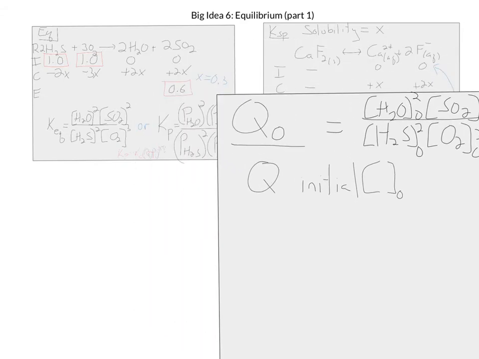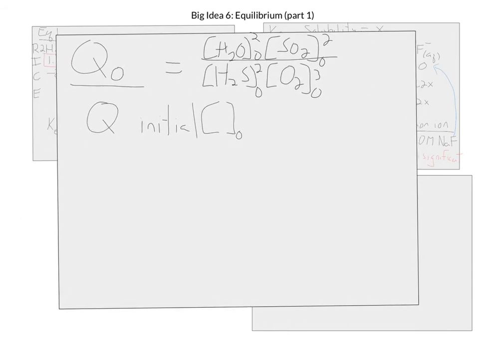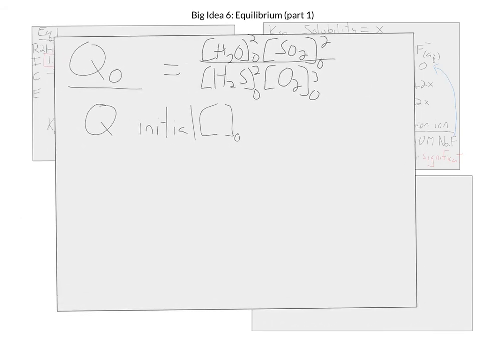When we would use that would be, if we go back to our first problem, we had 1 mole of my reactants and no products. Well, what if I had all 4 of them? I had 1 mole of these and then 1 mole of these also. We don't know if I'm going to subtract from the reactants or subtract from the products because we don't know where the equilibrium lies because we have everything. If you have 0 on one side, you know you have to shift that direction. But if we don't have 0, we have to figure out first which way we shift by calculating Q and